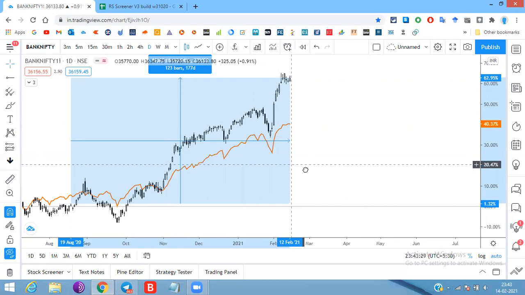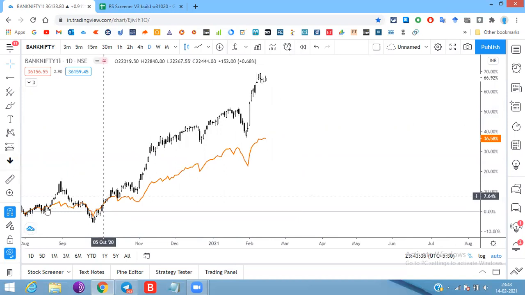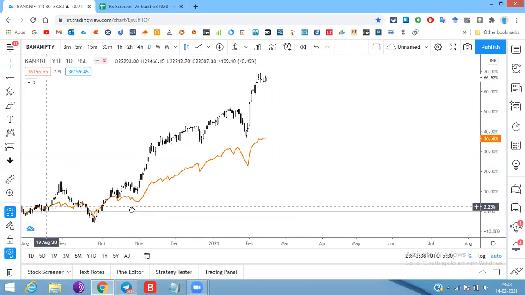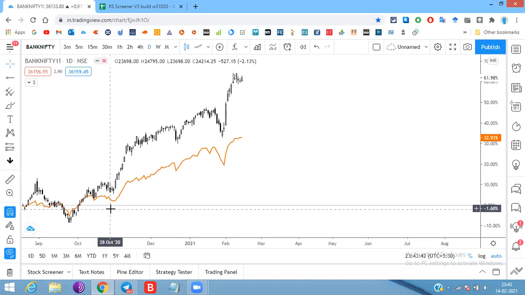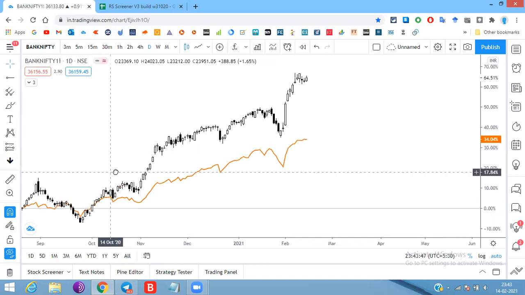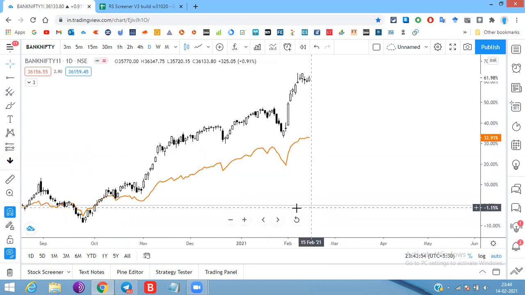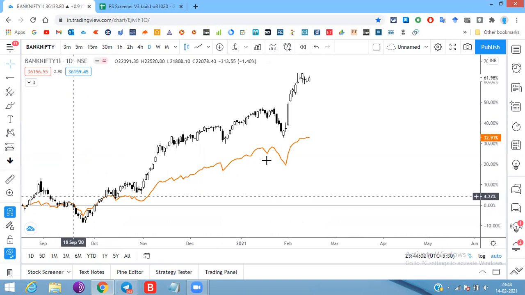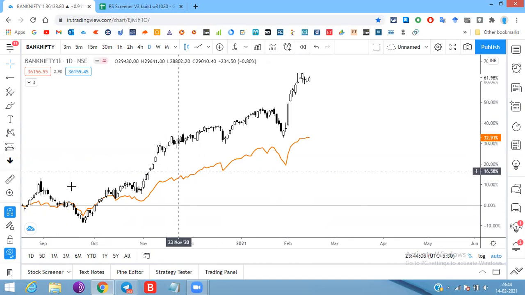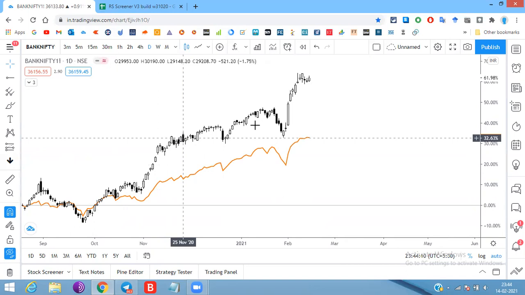So let me take this one, this. So okay, wherever this particular horizontal line touches, from that the closing price starts to calculate. In SRS, previously, as we saw in the ARS look back period, the Bank Nifty was clearly outperforming the Nifty. And now in SRS also, the Bank Nifty is clearly outperforming the Nifty.